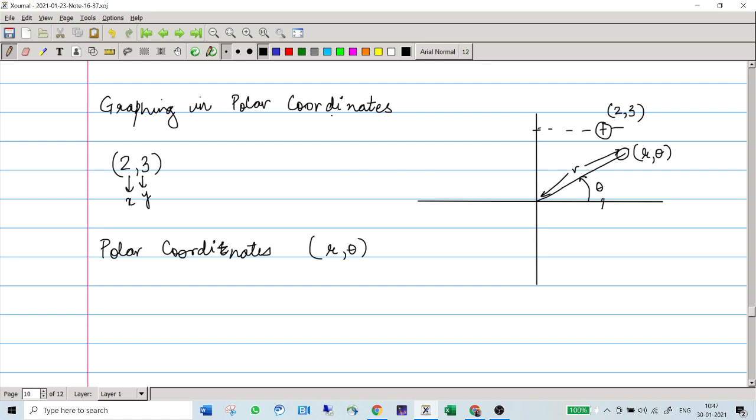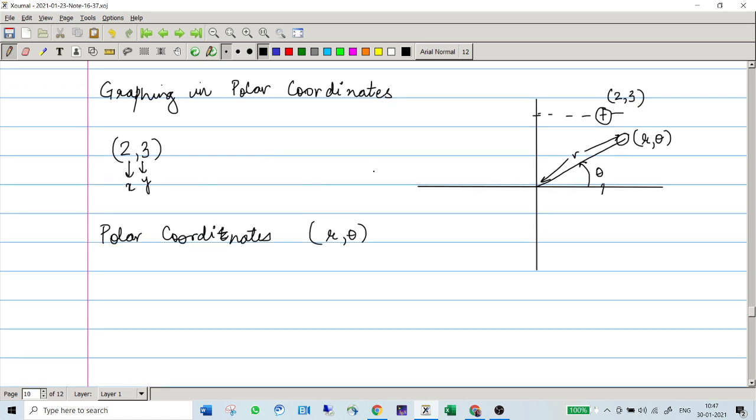While graphing the Cartesian coordinates, we used to plot many points and then trace them. For example, you had a function like y equals x square. So what did you do? You take x equal to 1, you have a value for y, 1 comma 1, you plot a point. Then you take x equal to 2, you have the value for y as 4, so 2 comma 4 is a point, you just plot it. And join all the points which you have got to get some curve-like structure.